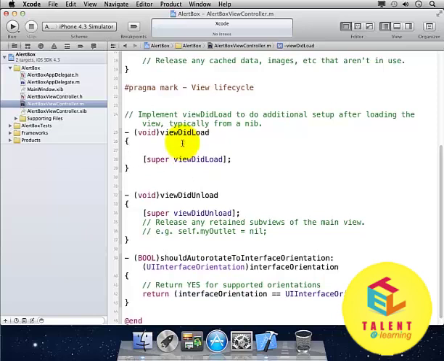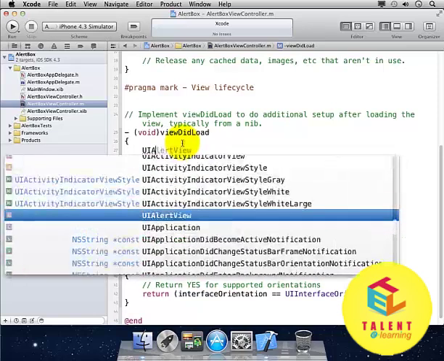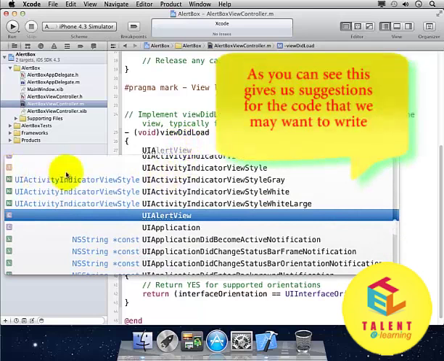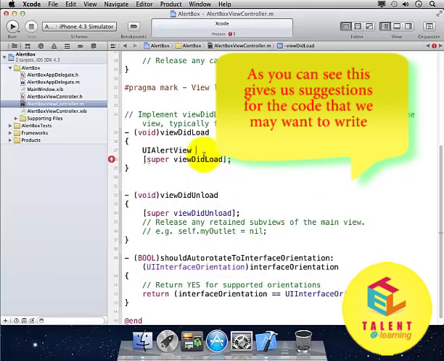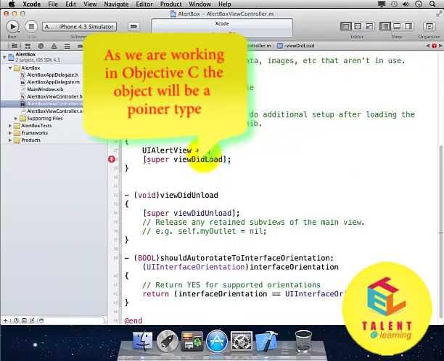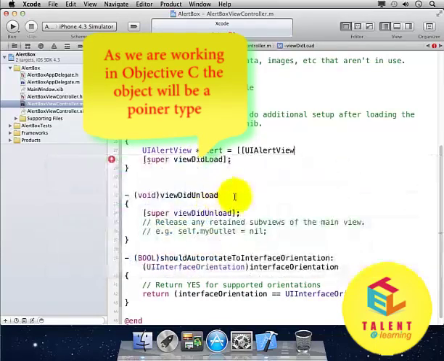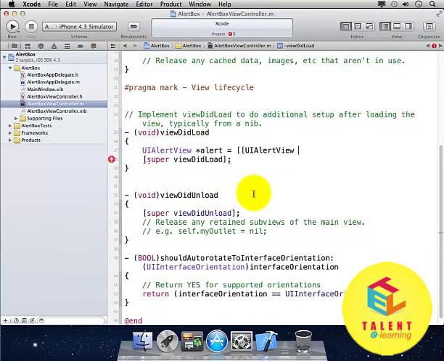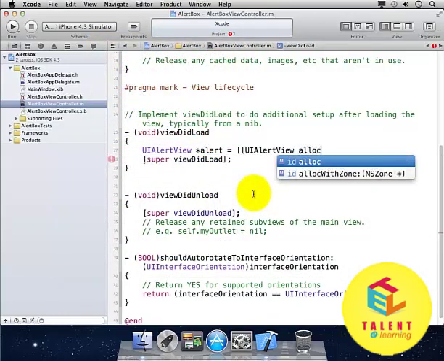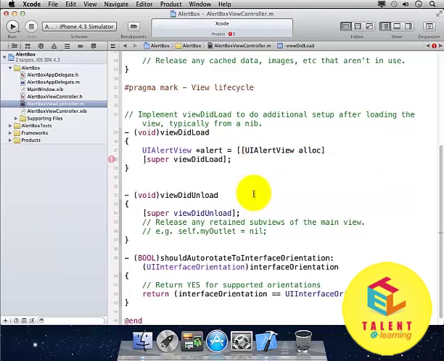So here we'll type UIA, and as you can see, it gives us suggestion of what we want. We want exactly this one, UIAlertView, and we'll name it alert is equal to, we want this again. And what we are doing right now is we are allocating it in memory. So we'll use this alloc, and we will allocate it with some parameters,